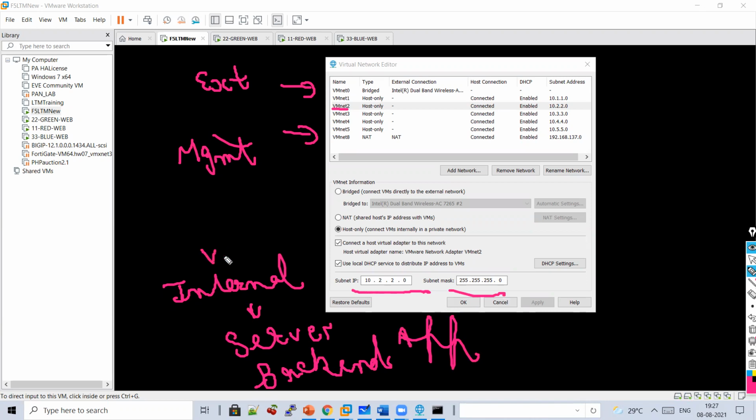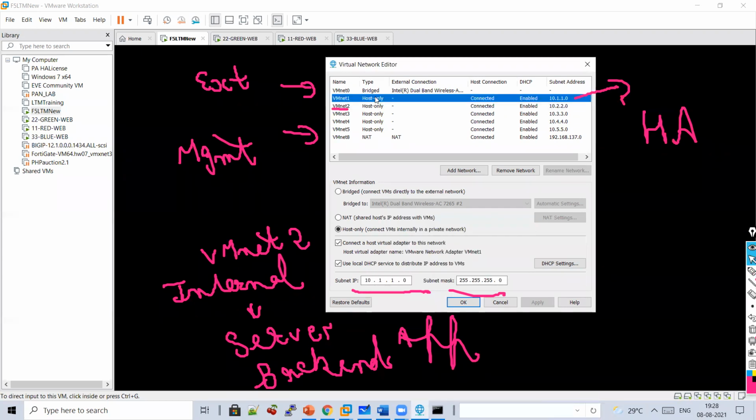An internal network I will be using as VMnet 2. Now guys, one more network which remains is your HA network. HA network I will be using VMnet 1. This network I will be using for high availability.